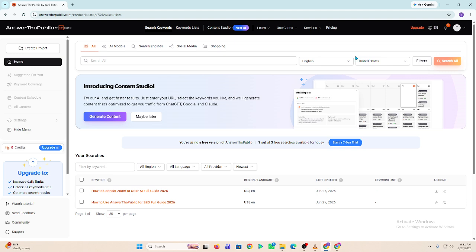Next, organize your search insights into groups. This helps you build content clusters that improve your SEO structure and topical authority. Finally, use your analysis to plan content. Instead of guessing, you're now building content based on real search behavior, and that's how to analyze search queries with Answer the Public. Once you understand search intent and patterns, you can turn simple queries into a powerful content